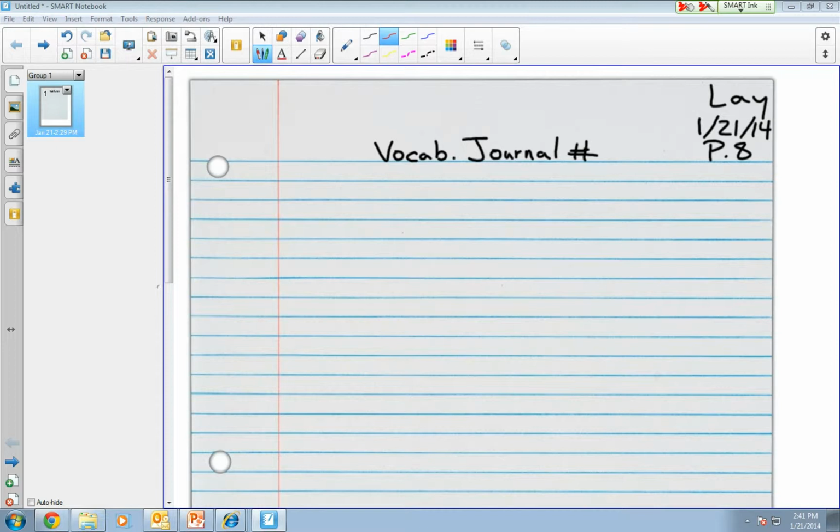So we're going to go ahead and start off this assignment again by having vocab journal number 1. So make sure that your paper is headed properly. That way I know which one I'm working with here. So vocab journal number 1, the first thing that you're going to want to do on your plan sheet, now this is not necessarily going to be your final sheet, but the first thing I want you guys to do